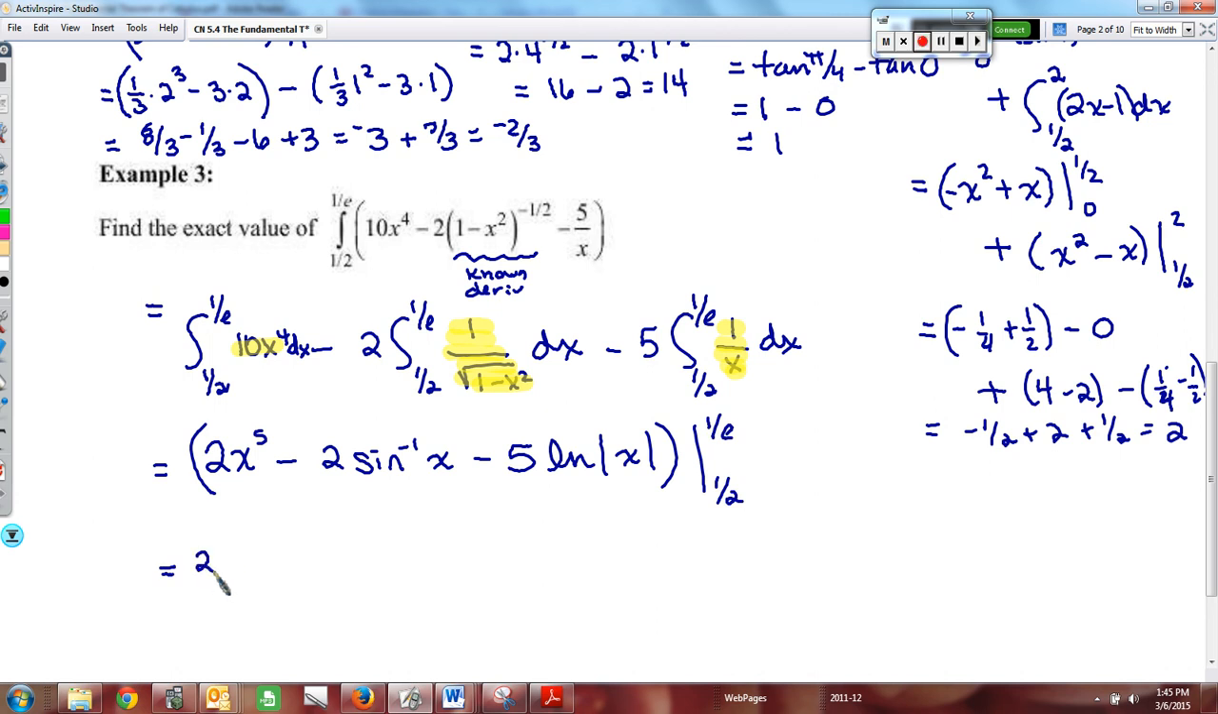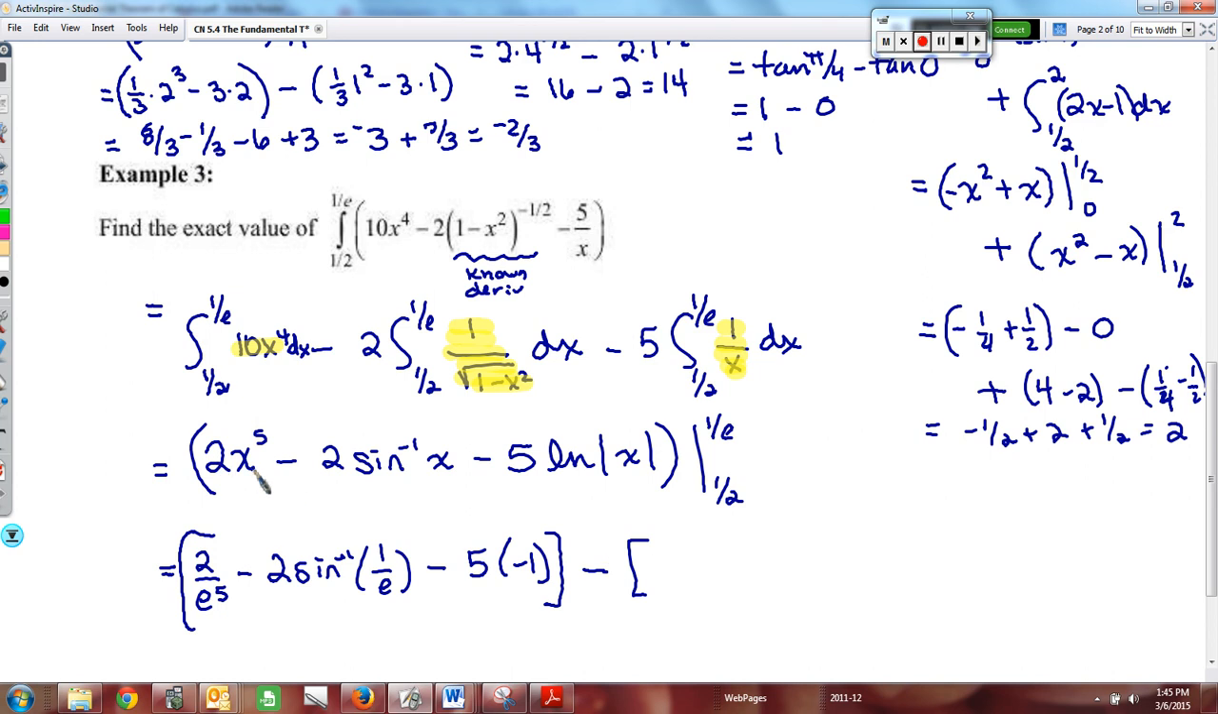So we have 2 times 1 over e to the 5th, or 2 over e to the 5th, minus 2 times the inverse sine of 1 over e, not something I'm going to know, not special, minus 5, the natural log of 1 over e. Absolute value of 1 over e is 1 over e, which is e to the negative 1, and the natural log of e to the negative 1 is going to be negative 1. So that's my antiderivative evaluated at 1 over e, minus